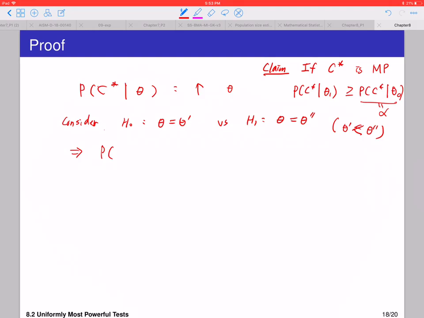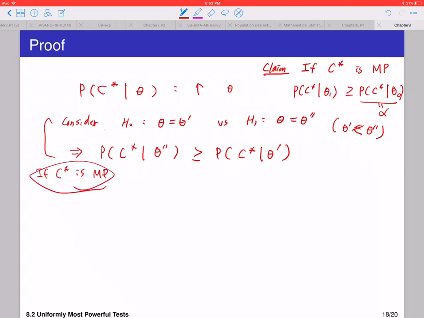So what we want to show is, if C star is MP, then the power is greater than the size, the significance level. Why? Because